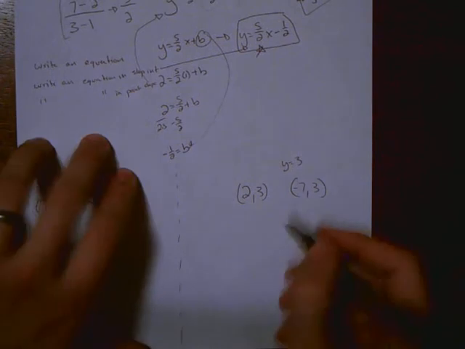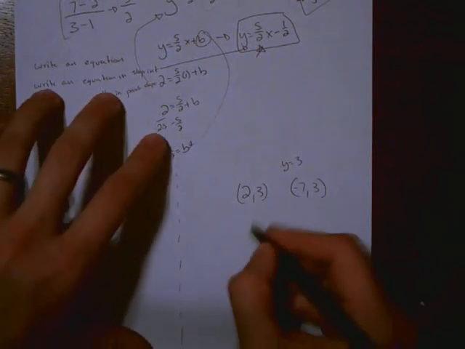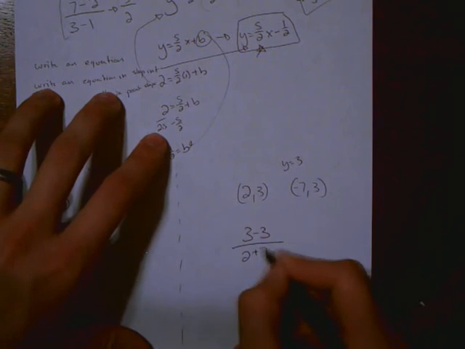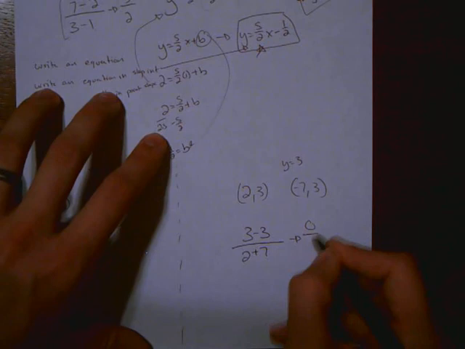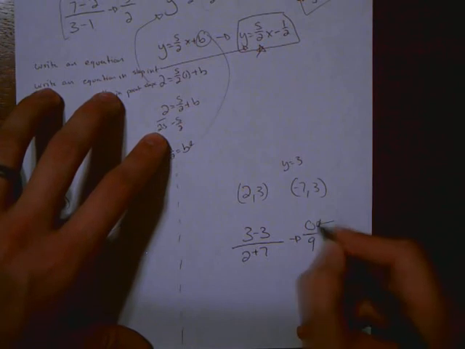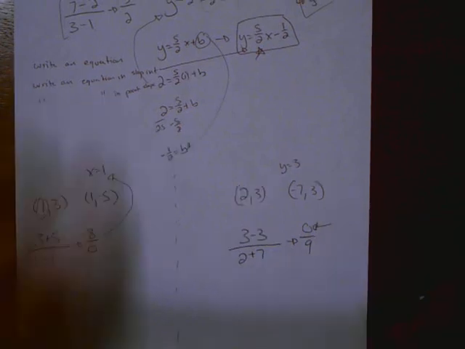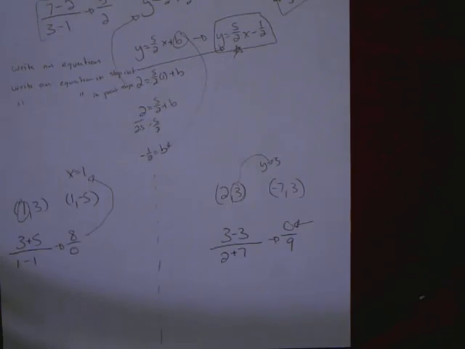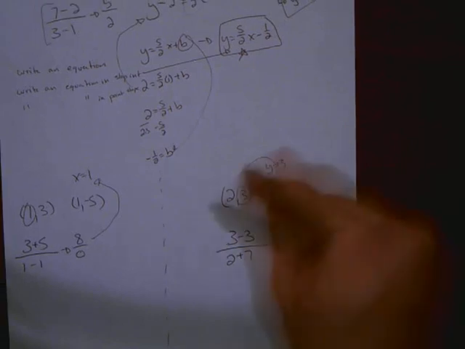But I will show you again. We've got 3 for y, 3 for my second y, 2 minus a negative 7. This gives me 0 over 9. This is a clear indication, horizontal line. Y is going to be equal to 3. Find my y value, it's going to be equal to 3. Must be able to identify this. If you look at the slope and you've got a 0 on top, y is going to be equal to